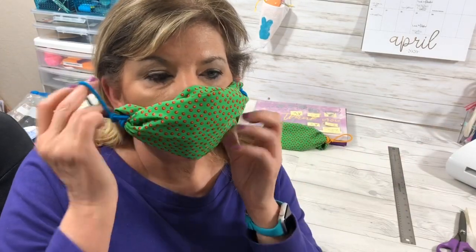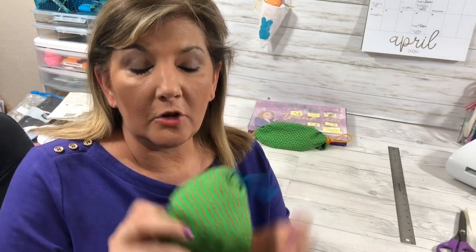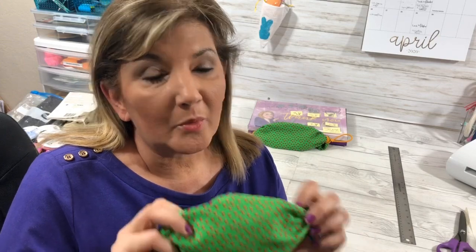Now one thing that you want to do is make sure you wash your hands before you put your mask on, and make sure that you wash this mask, and then you can rebuild it. Really simple, really easy,